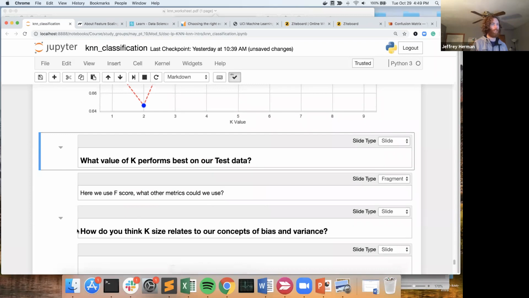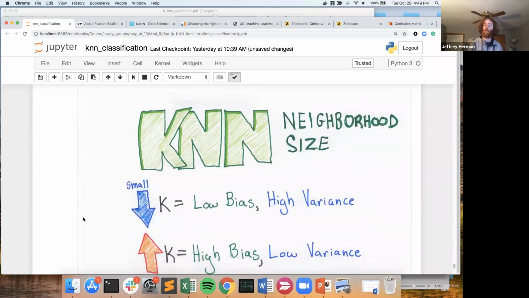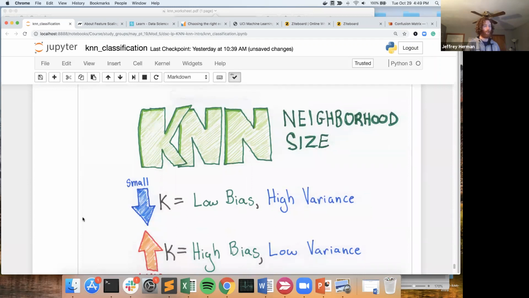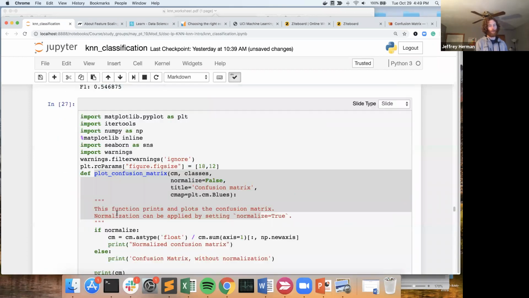So I kind of already touched on this. K size does impact. When you have a small K value, you're prone to overfitting, so low bias and high variance. When you have a large K value, you're prone to underfitting. So high bias, low variance. We kind of saw that with